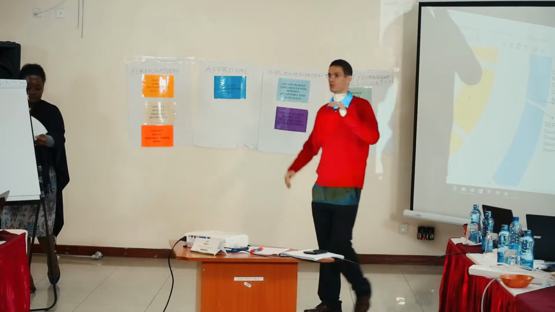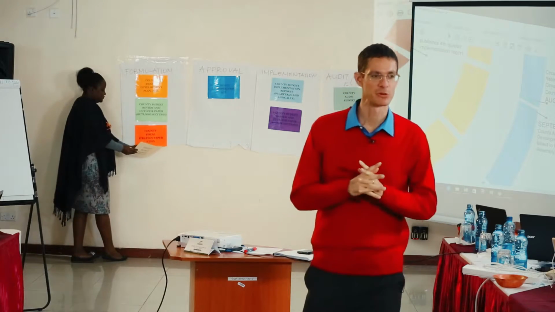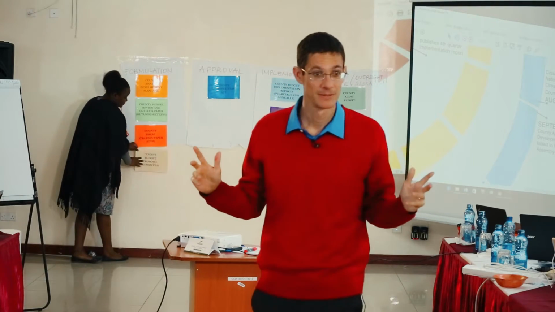Okay? So this document goes to the assembly, and then what happens to it? Goes to the assembly on September 1st, and then what happens? It must be made public. And when does the assembly have to approve it? To the County Assembly for its approval and send a copy to the Commission on Revenue Allocation and the National Treasury. Part 4, the County Executive Committee member responsible for planning shall publish and publicize the annual development plan within 7 days after its submission to the County Assembly.